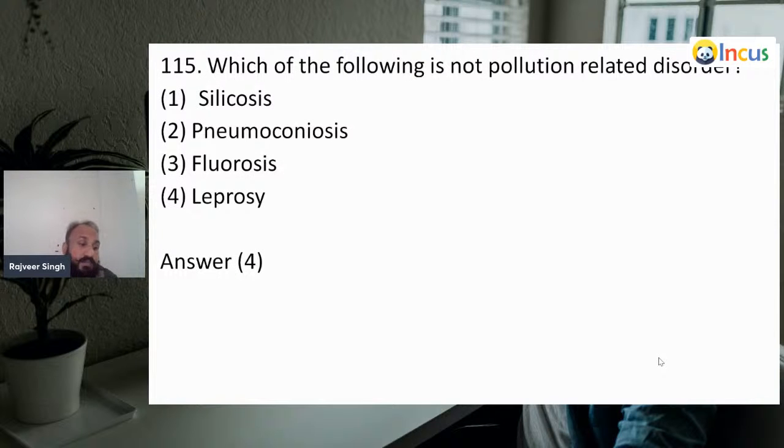Next question is very, very important. Which of the following is not a pollution related disorder? Silicosis, pneumonia, fluorosis, leprosy. Answer will be leprosy. This one is right because